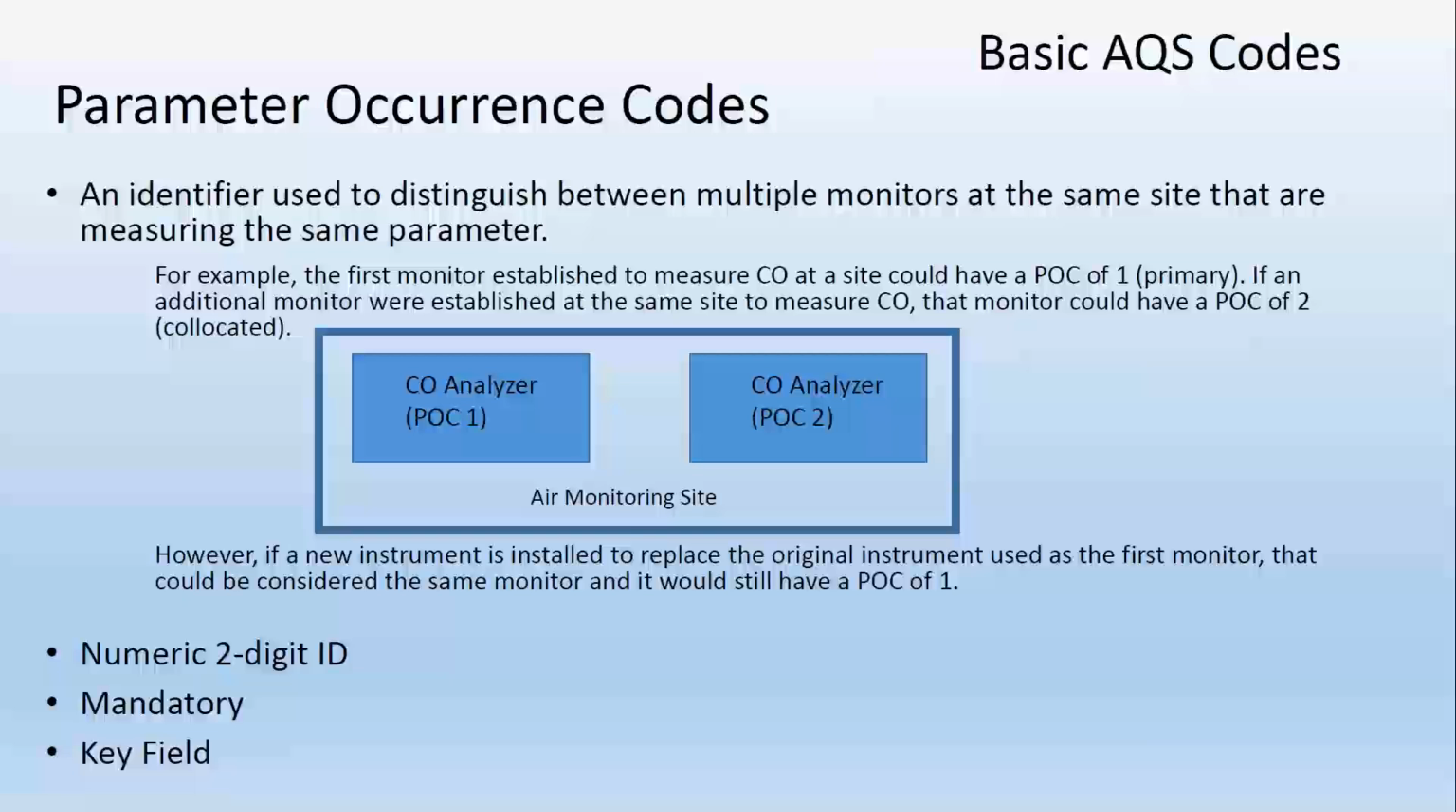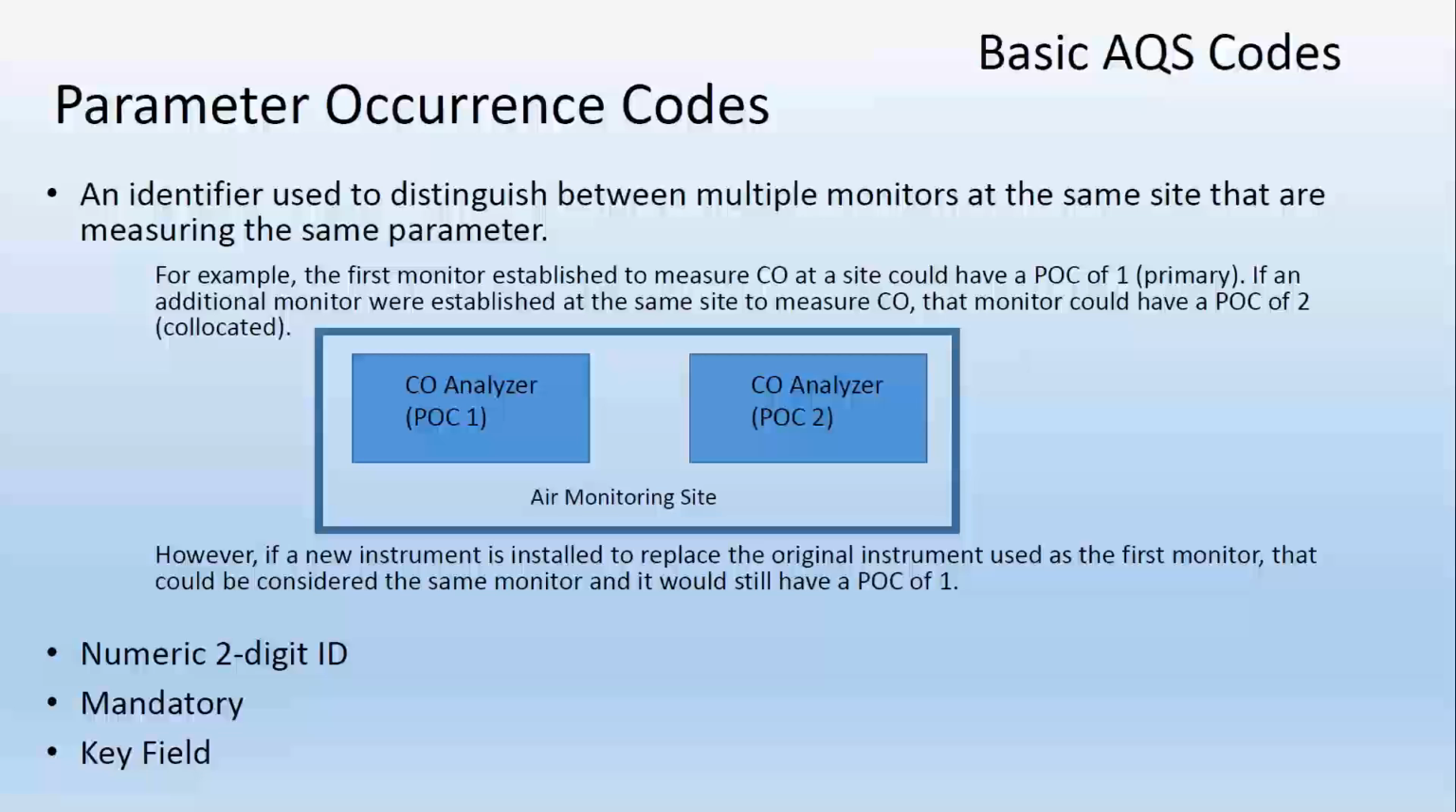All right, AQS Parameter Occurrence Codes. This code is also referred to as POC for short. It's used to distinguish between multiple monitors at the same site that are measuring the same parameter. I gave an example here. The first monitor established to measure carbon monoxide at a site could have a POC of 1. If an additional monitor were established at the same site to measure carbon monoxide, or CO, that monitor would have